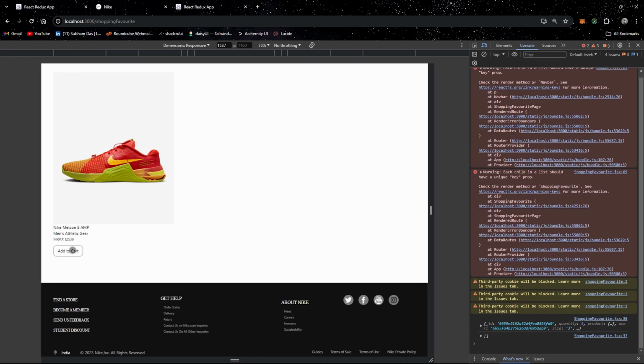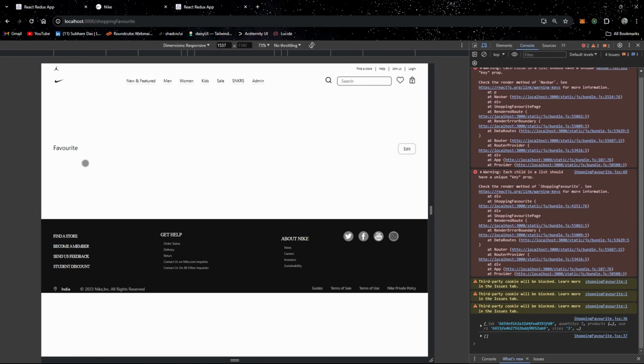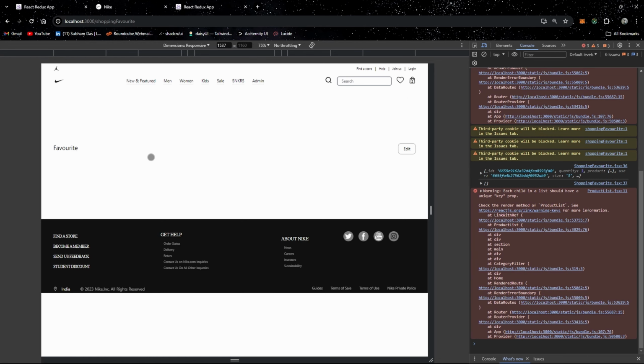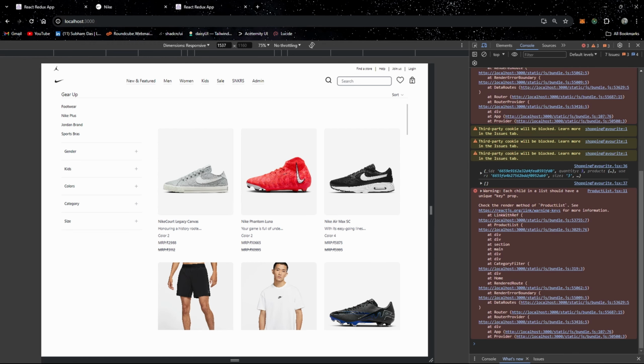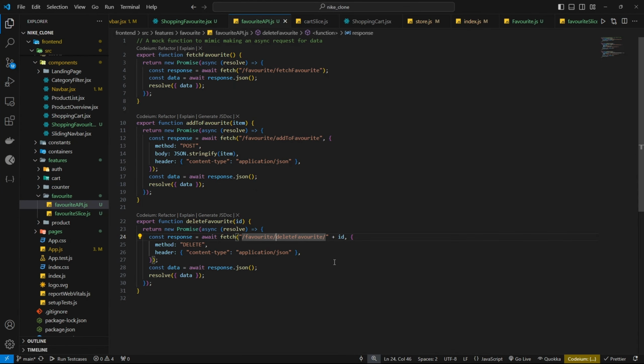If I click on add to cart, as you can see it went off from the cart, it got deleted, and now you are not going to have that stuff, because it is going to get deleted. And if you go here, then you will see that there is no product. So we should also write something like, if there is no favorite item, then why should a user go in that stuff? He should get redirected to the home page. Okay, so let's write that stuff also